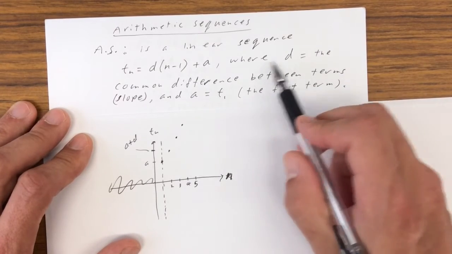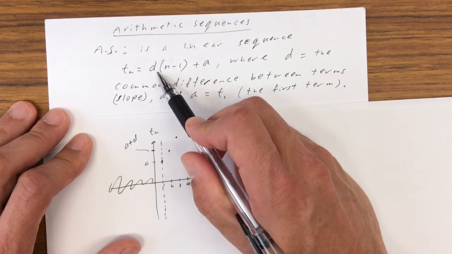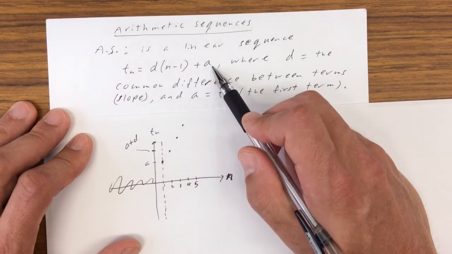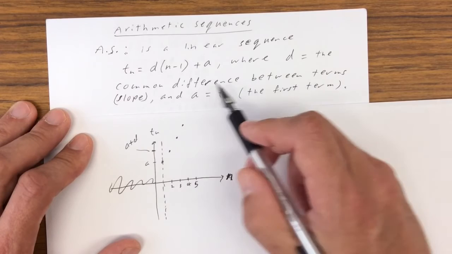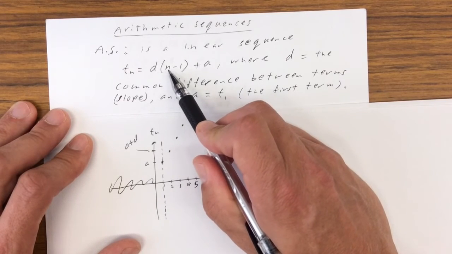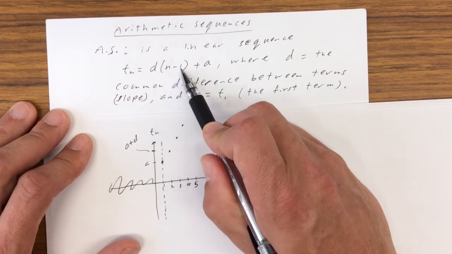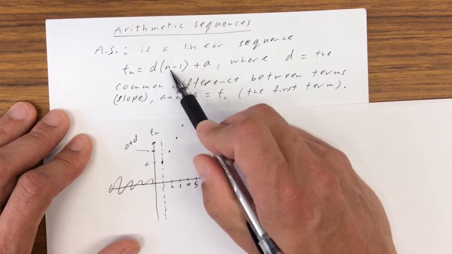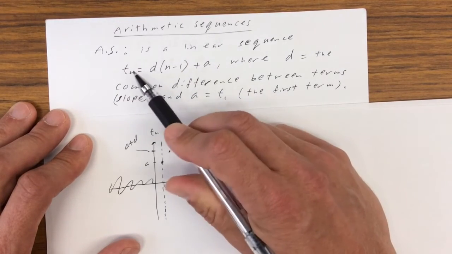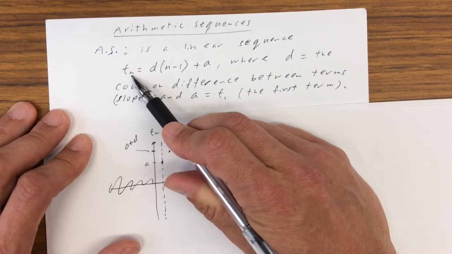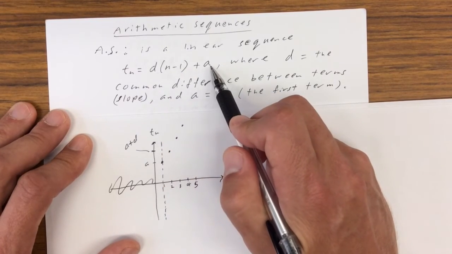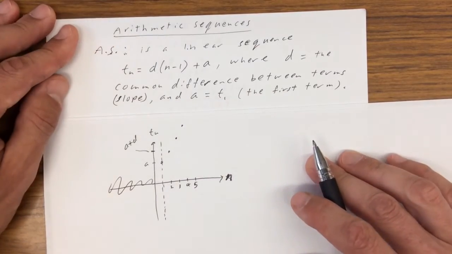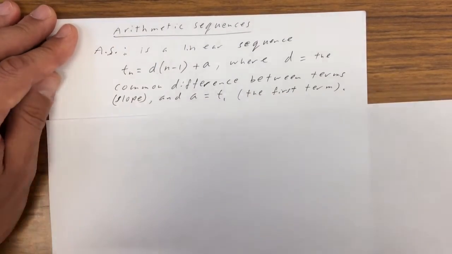Okay, so d in this formula is the common difference, or the slope. A is the first term of the sequence. Okay, it's t1. And you can tell that if you subbed in 1 in here, 1 minus 1 is 0. D times 0 is 0. 0 plus a is a. So if I plugged in 1 for n, I get t1 equal to a, no matter what d is. Okay. So some examples of this are,